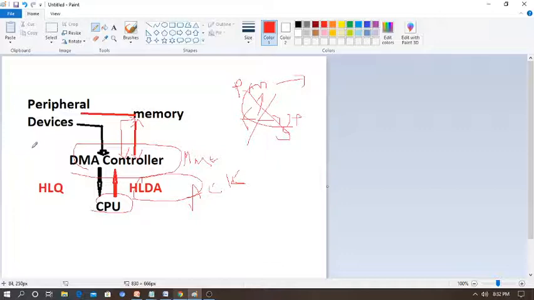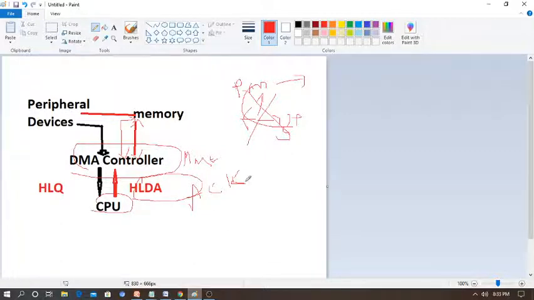So there are a minimum of 5 steps involved in the operation of the DMA controller. Step number 1, the device has to send a DMA request. Step number 2, the DMA controller sends a hold request, HLD, to the CPU and waits for the CPU to send HLDA. Don't forget, everything happens with the help of the system bus or PCI bus. Just see the diagram now. This is for understanding purposes. Then step number 3, the CPU leaves control over the bus and acknowledges with the HLDA signal to the DMA controller, temporarily giving permission. So the DMA controller becomes the master.